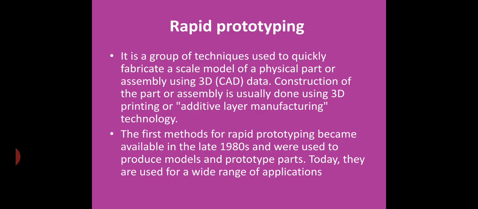Nowadays we are using these techniques. Moreover, all industries follow rapid prototyping, because before manufacturing, you can make one duplicate model and check that model. That we call rapid prototyping. How can we make that product? By using this design process, that means by using the computer, the CAD model, and then the additive layer manufacturing method. These are a few of the technologies we use to make that model.